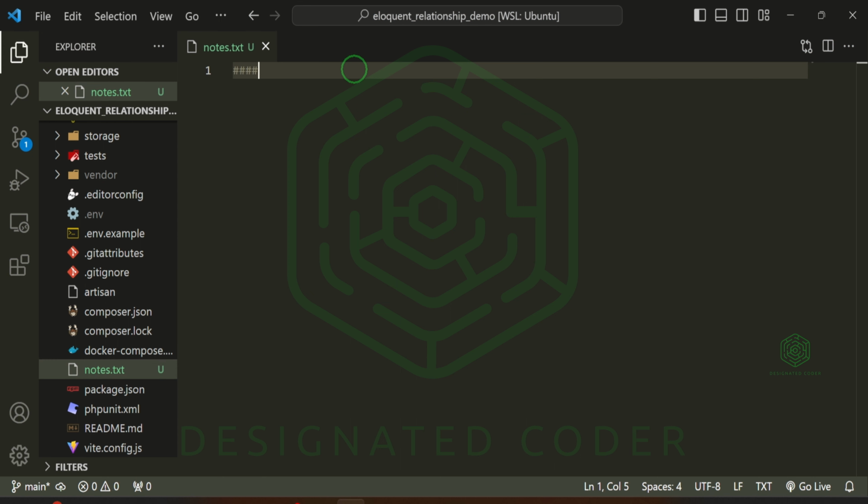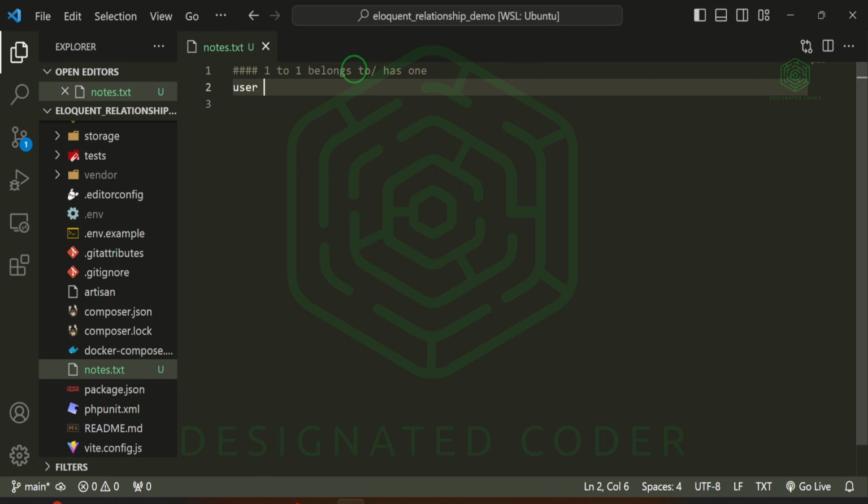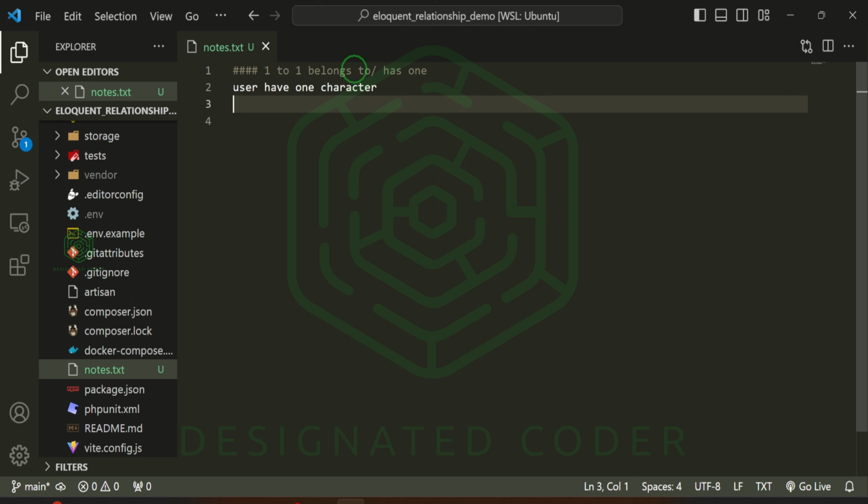How is this going to work? Well, it'll be a one-to-one relationship. And we're just going to put here belongs to and has one. So how can we do this? Well, the user will have one character. Well, what does that mean? Well, this character will have all kinds of different things. So they'll have a username, they'll have a way for you to contact them if we were adding messages to this particular game or posts or anything like that where we wanted to communicate with each other. We can do it through the character. The user will be behind the character model. So the user will have one character and then the character will belong